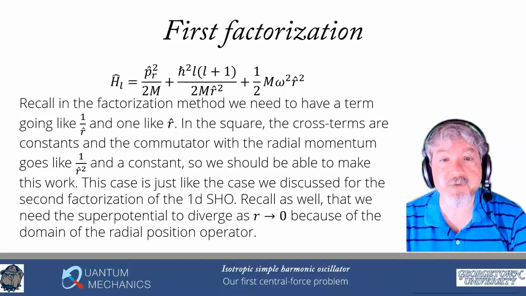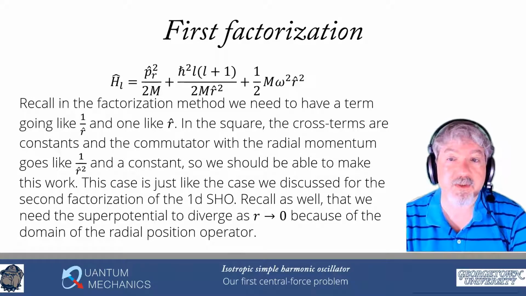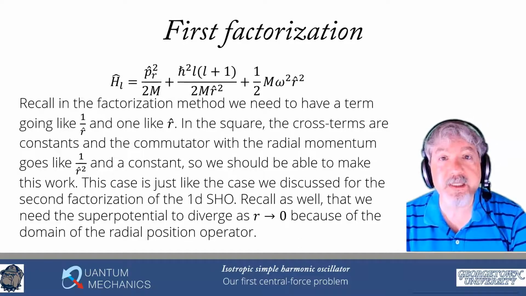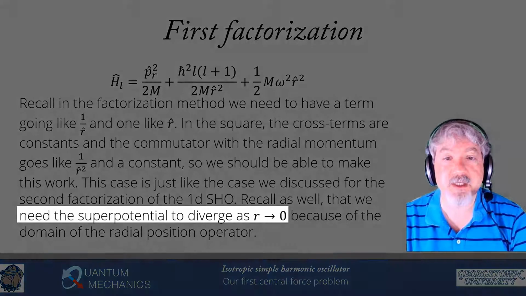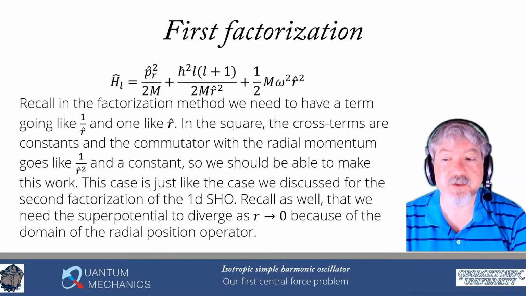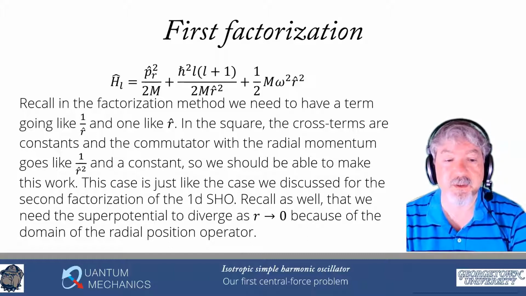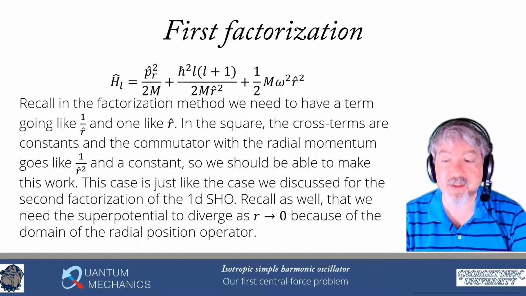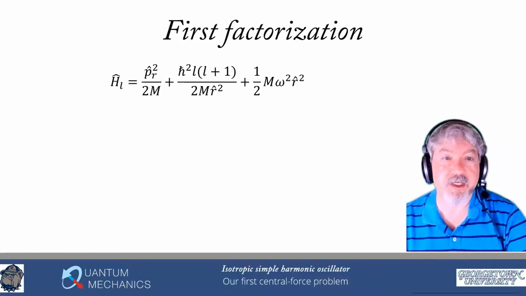Now, in this case, we do have to remember that our radial component only goes from 0 to infinity. There's no such thing as a negative radius, because the radius is the square root of rx squared plus ry squared plus rz squared. And remember as well that that means that we're going to have a superpotential that diverges at the origin. That's the way that we guarantee that the domain corresponds to running from 0 to infinity as opposed to from minus infinity to infinity. And of course, if I have a superpotential that has a 1 over r in it, that is going to diverge at the origin. So we're satisfying everything that we need to satisfy with such a factorization.